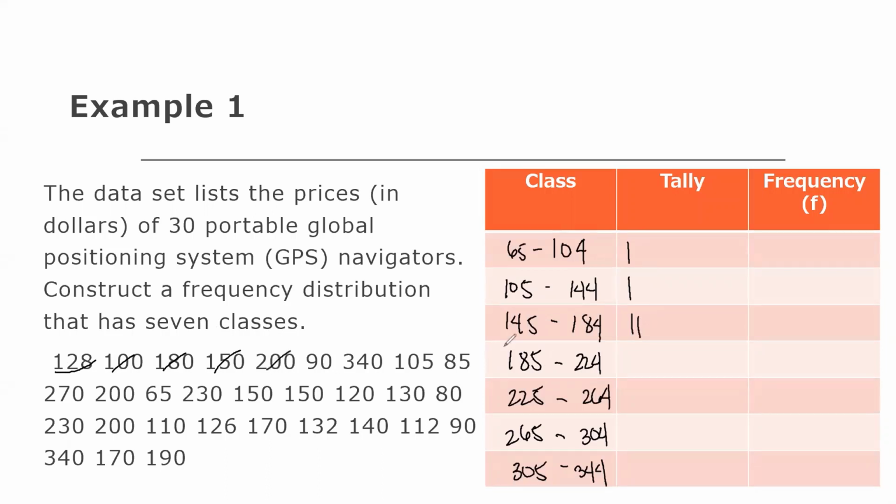So just continue. 200, 90, 340, that is between 305 and 344. 105, 85, 270, 200, this is between 185 and 224. 65, 230, this is between 225 and 264. 150,